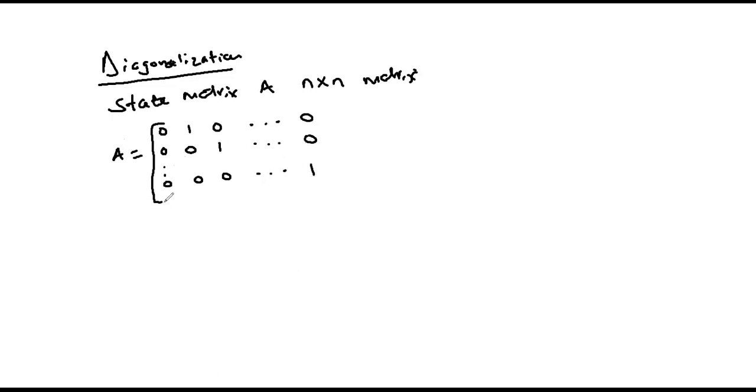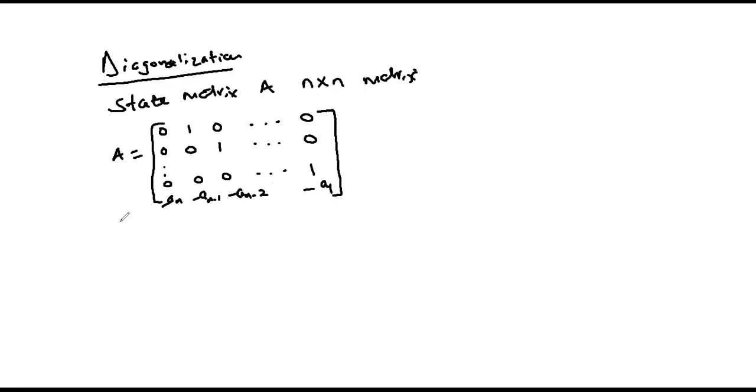And then this last row is negative an, negative an minus 1, negative an minus 2, all the way to negative a1, where an all the way to a1 are the coefficients of its